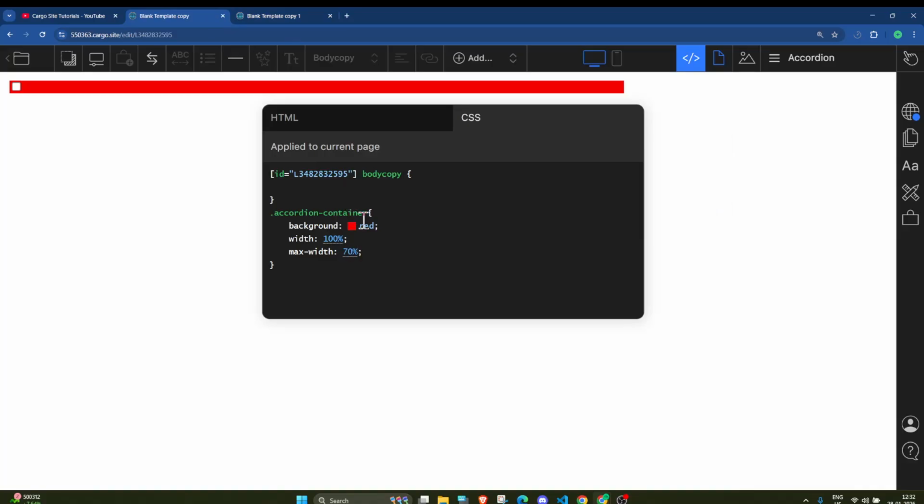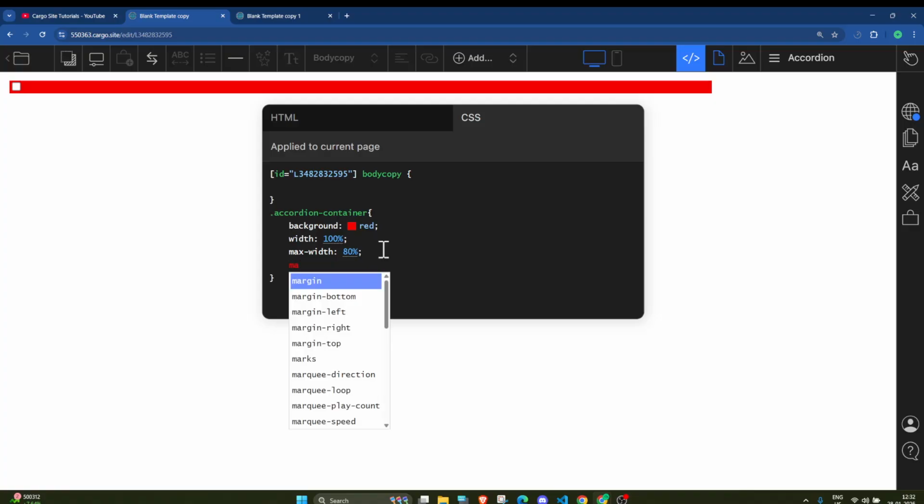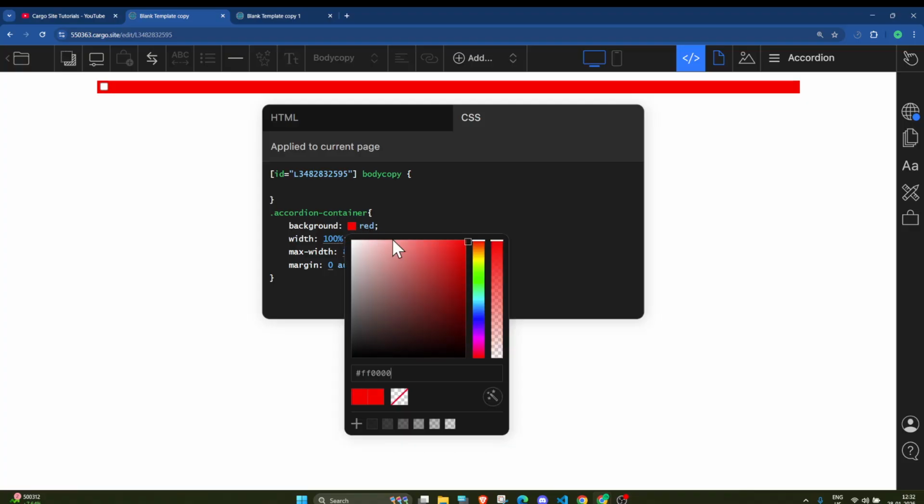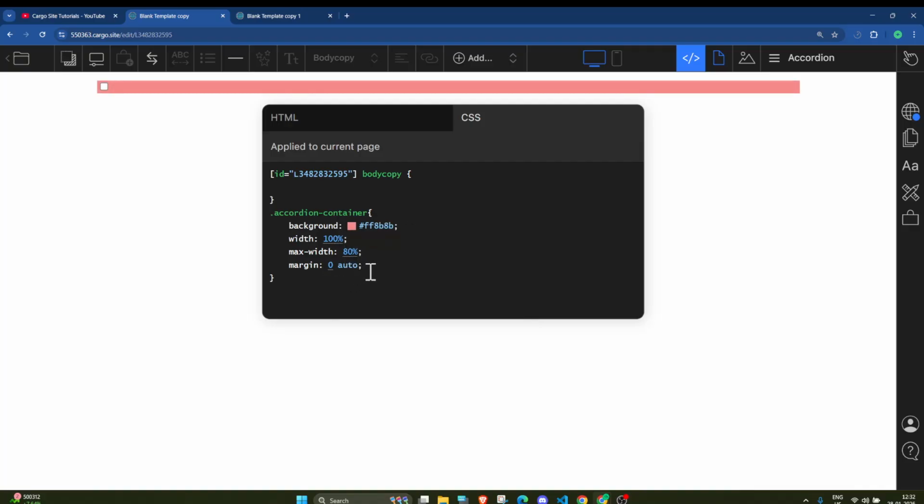Now the container's maximum width is 70%. You can change it to 80% as well. And now I want this to be in the center, so I will add the CSS margin 0 auto. I will change the background to a little lighter, and with this CSS our container is in the center.